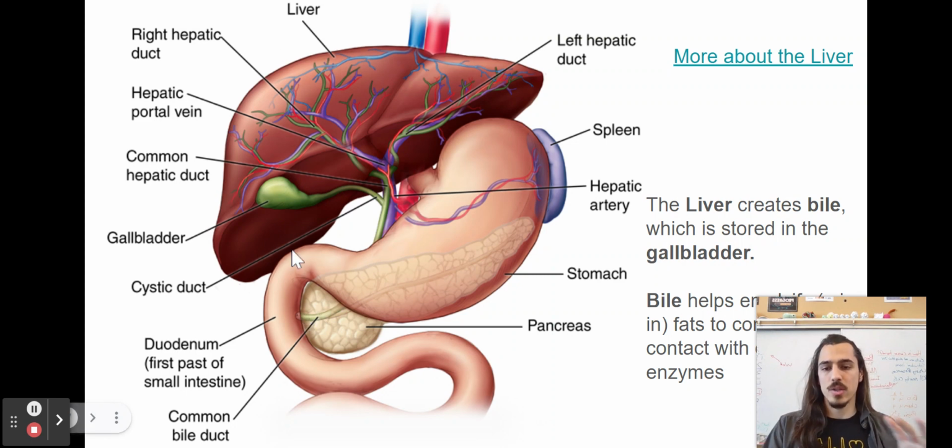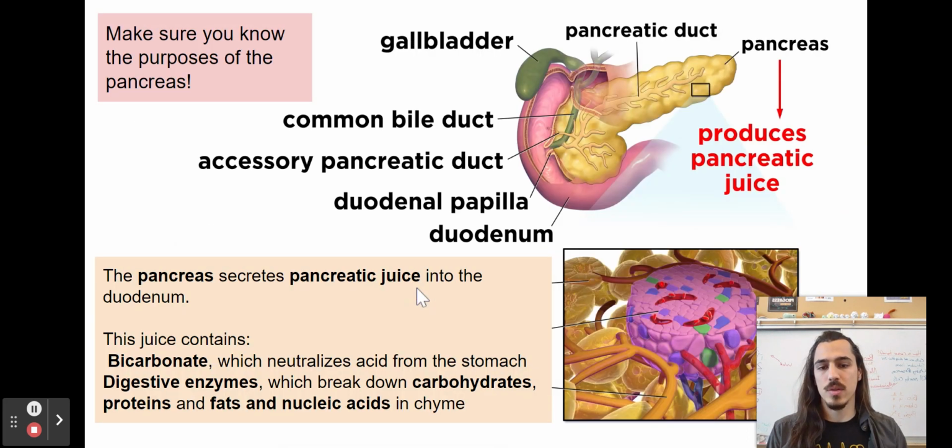Now, bile is going to help the oil or the fats mix into the rest of the chyme. Otherwise, the enzymes wouldn't be able to touch it. So it helps emulsify or mix everything together. And then the pancreas secretes a bunch of different enzymes. First, it neutralizes the stomach acid, and then it